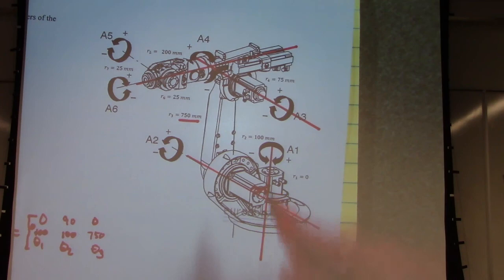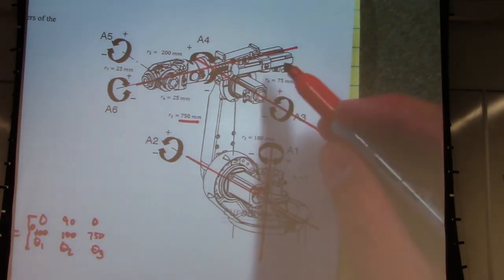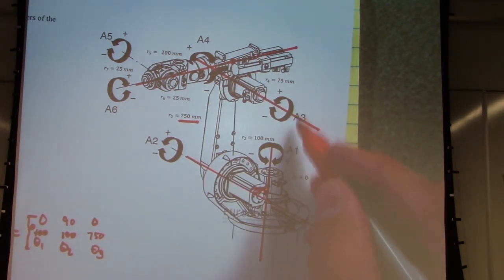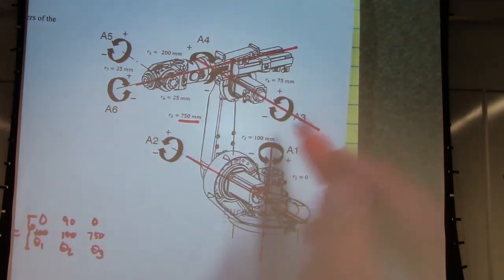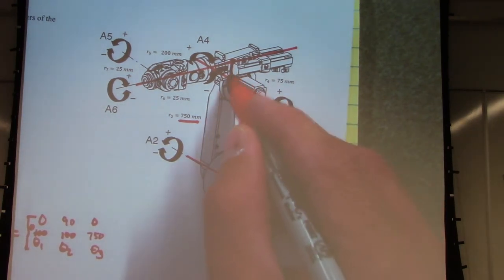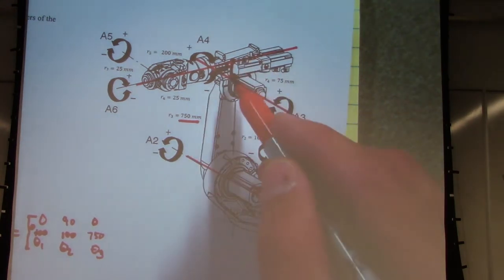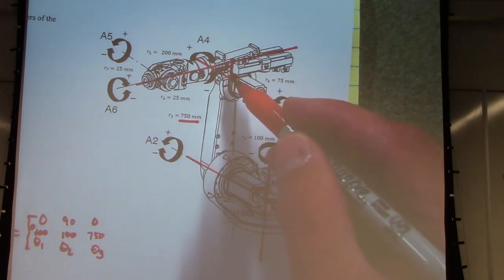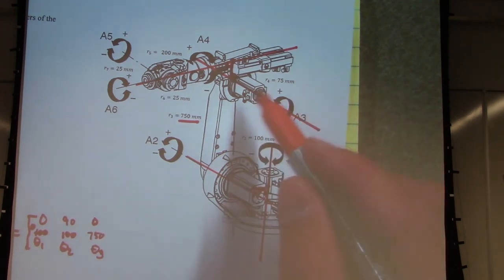Now, notice something here. When we go through and look at going from joint A3 to A4, we're looking at that distance there, which is listed as 75 millimeters. So from here to here, 75 millimeters, that's about 3 inches. That seems about right, depending on the scale of this robot. I just made up these numbers. These aren't off of a data sheet or anything. So